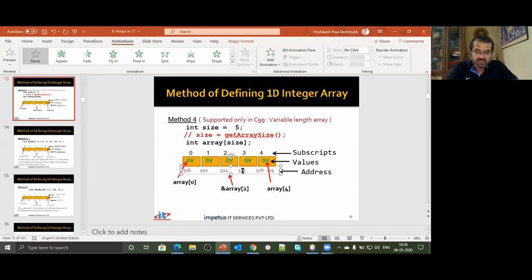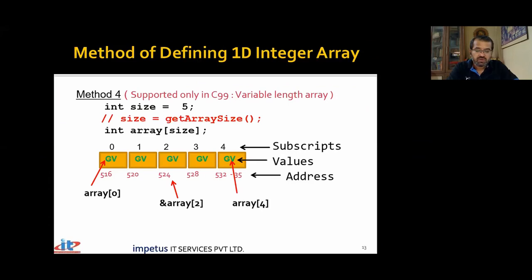And next will be at address 28, and last will be at address 32 to 35. So that's what will happen actually. Okay, and I'll tell you why 510 won't come here. I'll give an answer to that later. But suppose first is 516, next is 520, next is 524, then 28, and then 32, and so on. But the point is, there is a gap of only 4 bytes between them. So this is taking 4 bytes, then this is taking 4 bytes, and so on. There are no gaps in between. They are all stored in contiguous memory locations.